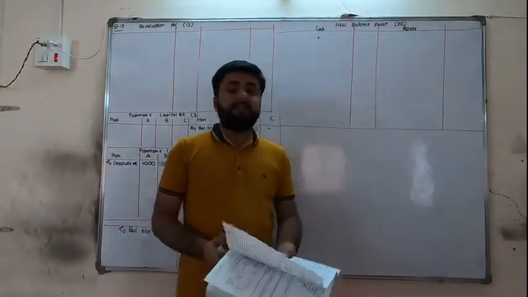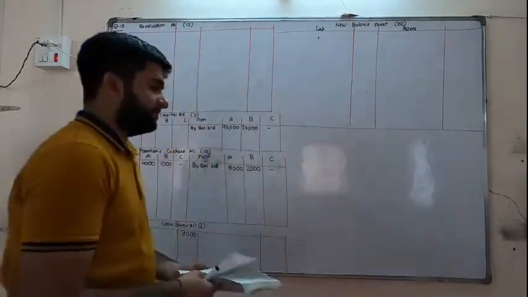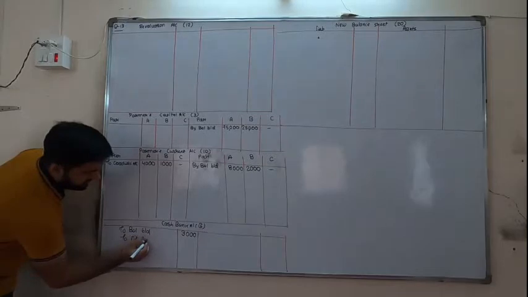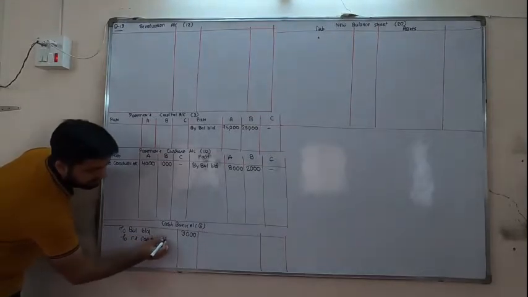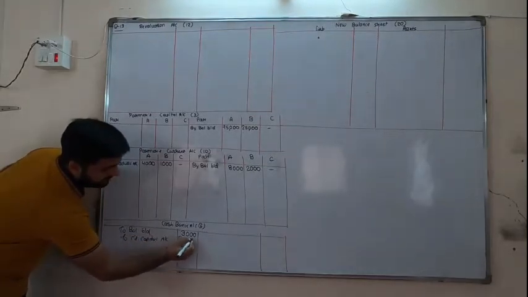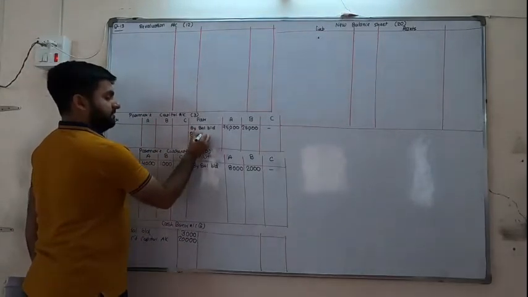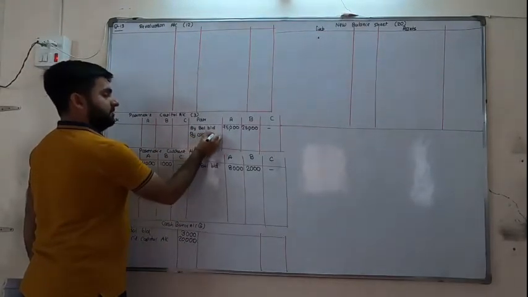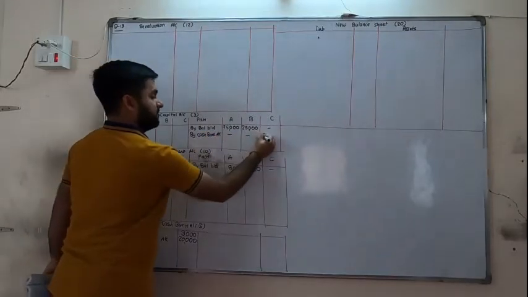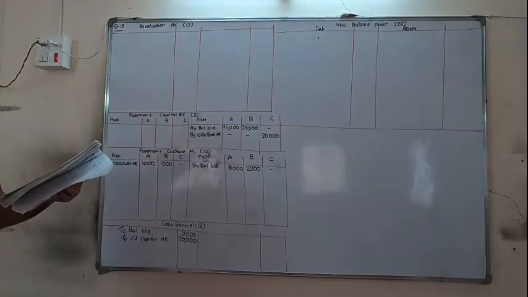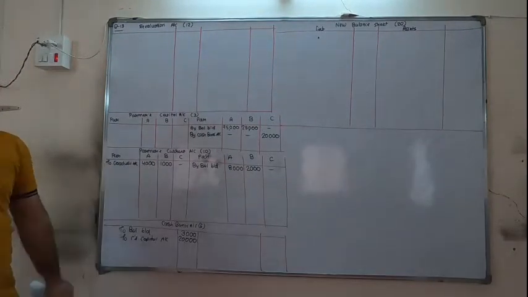C will bring 20,000 as capital, so cash comes in. Debit side of cash, 20,000. C's capital, not current, because he is bringing capital, so in the capital account only it will be shown: by cash bank account 20,000. And 5,000 as share of goodwill in cash. Okay, so everything about goodwill.